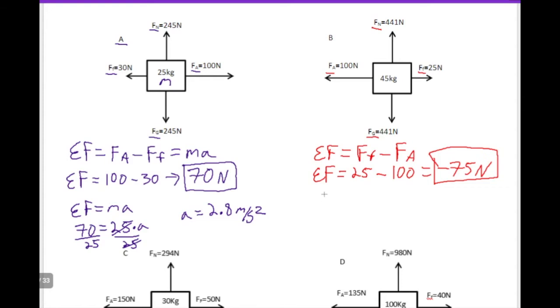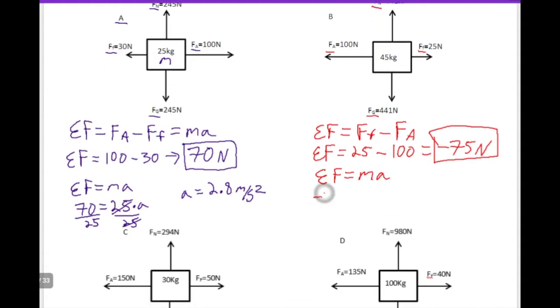Now that we know the net force, we can use that to solve for the acceleration. Going to take our equation again, net force equals mass times acceleration, and just plug in. Negative 75 for the net force, the mass is right here, this time it's 45, and acceleration is unknown. Solving for acceleration, we have to divide both sides by 45. After we do that, we find out that the acceleration acting on this box should be negative 1.67 meters per